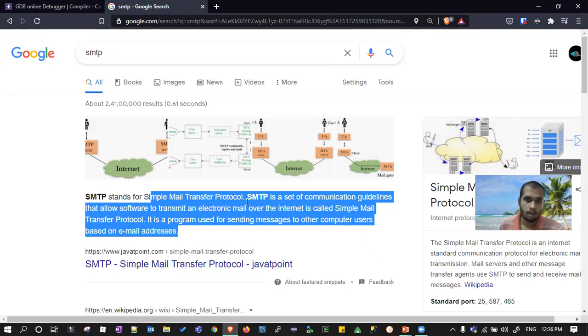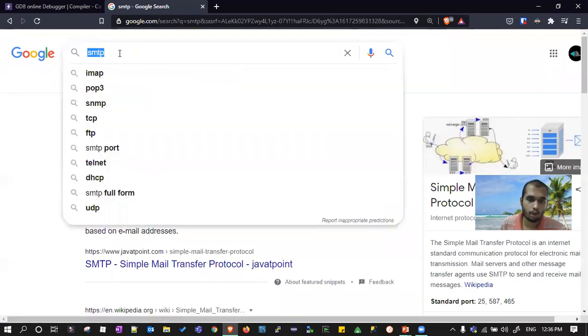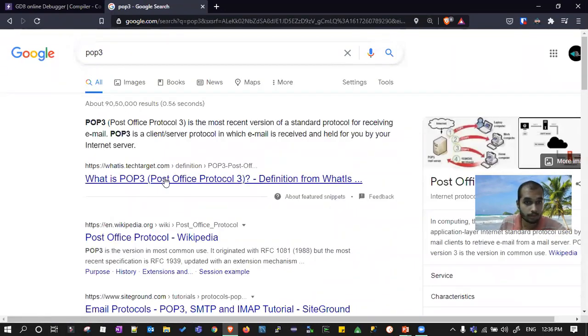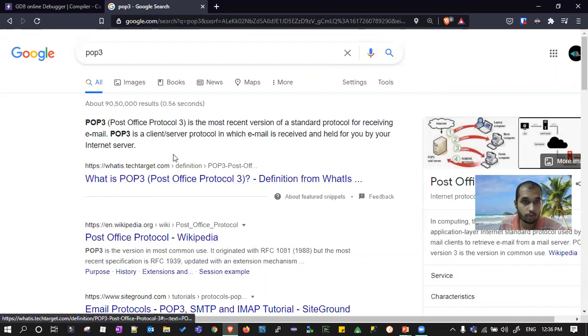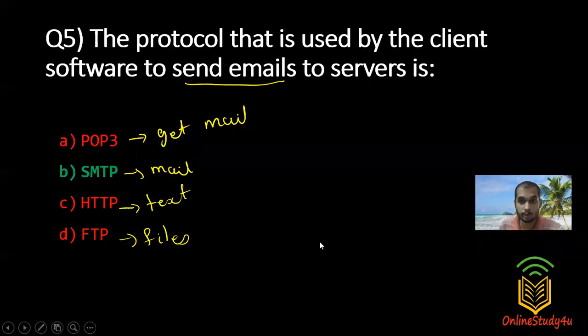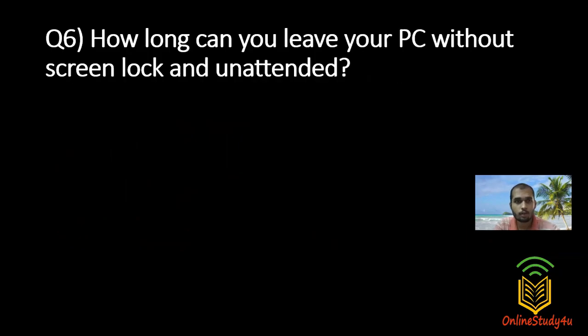You can also read more about POP3 and other protocols. POP3 is actually used for receiving. So for this question, the answer is option B, SMTP. Right. So let's go to the next question.